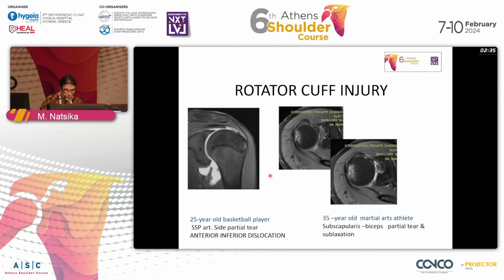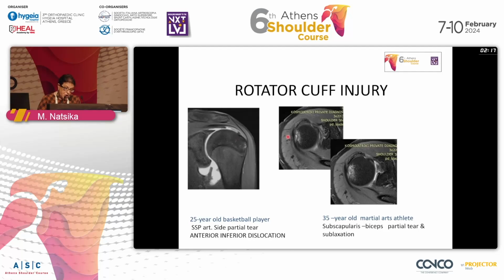Here we have the first patient that had this HAGL lesion. You see that it also has a partial tear of the articular side of the